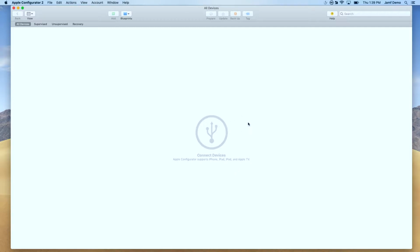So when you open up Apple Configurator, the first thing it's going to ask you for is to connect your devices. The devices get hooked up to the computer with a Lightning cable, and Apple Configurator 2 will recognize that device. But when that device is hooked up, you can't do anything with it yet. You could restore it, which will reach out to Apple, get the software update, wipe the device, install the update, and you've got a fresh, clean iPad. That's about it, unless you set up blueprints. So your blueprints,